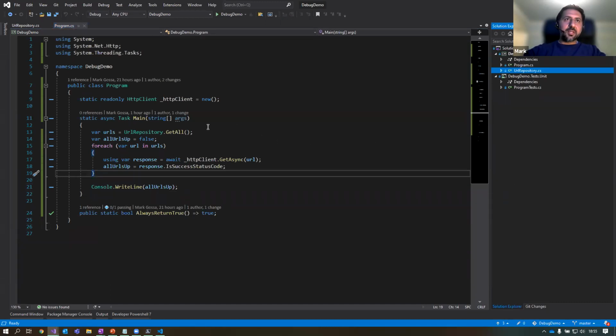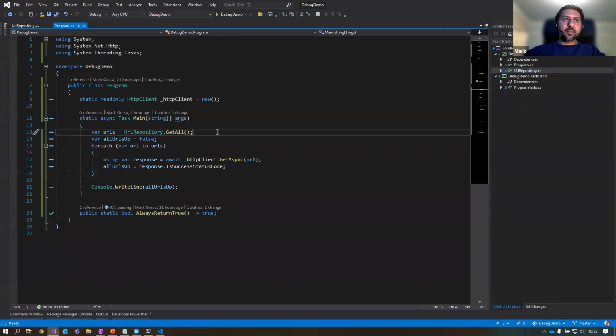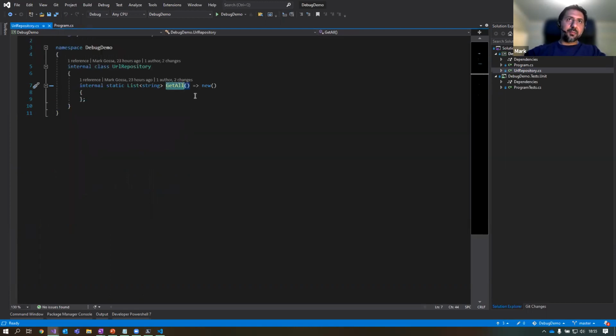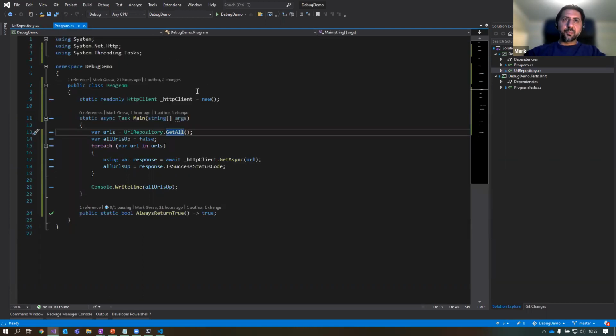All it's doing is it's a URL checker. So here we've got a URL repository. And if I go have a look at that, I've got nothing in there just yet. But it's just a very simple, almost hacky bit of code that probably only took a few minutes for this guy to write, whoever he is.